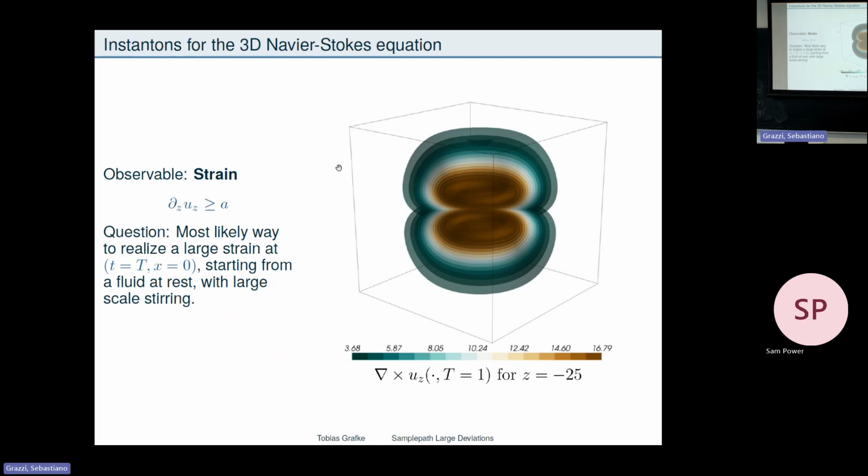So it's the same magic way that this KdV wave came about. All I'm saying is I want strong strain here at final time, and then the forcing cooks up two vortex rings, shoots them off so that at final time, they're just at the point of collision that realizes a large strain here. And you can do the same task of observing how large strain events look like and so on. Right.